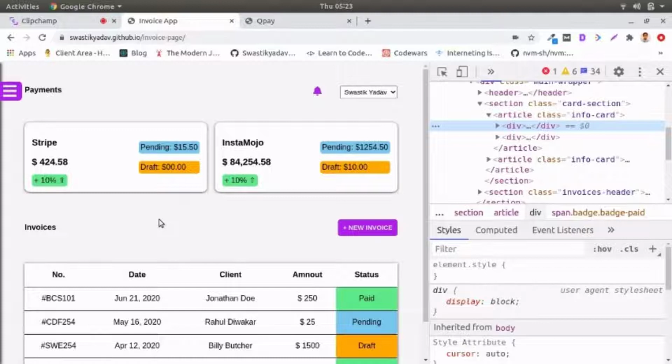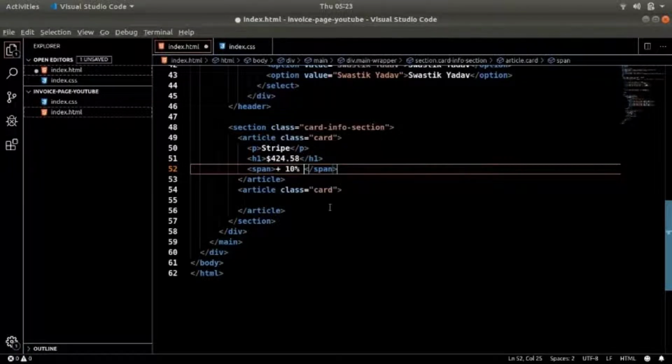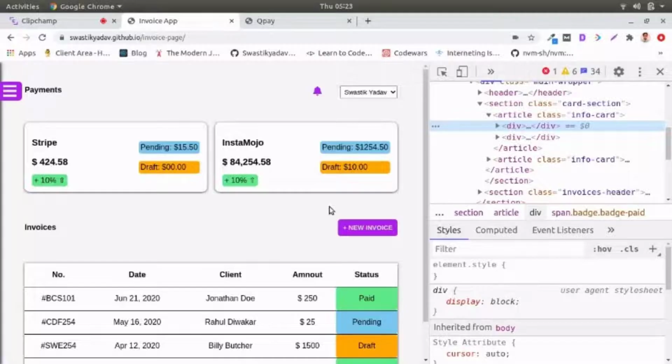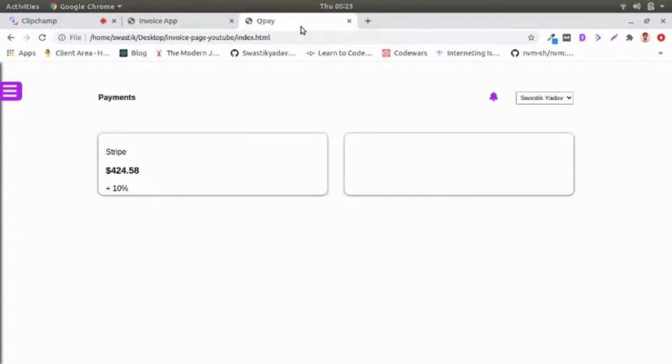So what do we do? There is something called HTML entity. If you search for it on Google, you'll get an entity for every symbol in HTML which you can use, and you will be good to go. So let's not bother to use it right now. I'll add it later. So that's what we have over here, right?